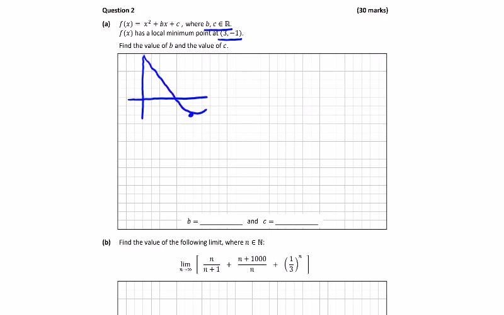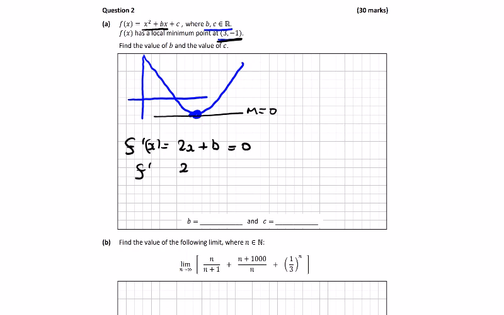We have a quadratic coming down and up. This is the minimum point. We have a slope of a tangent at this point, which will be equal to 0. So if we differentiate our function to get the slope at any point, f prime x is equal to 2x plus b. And if this is equal to 0, when x is equal to 3 here, the local minimum point, we get